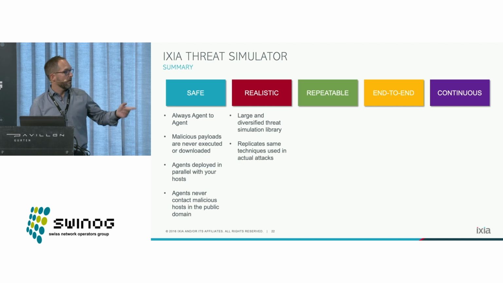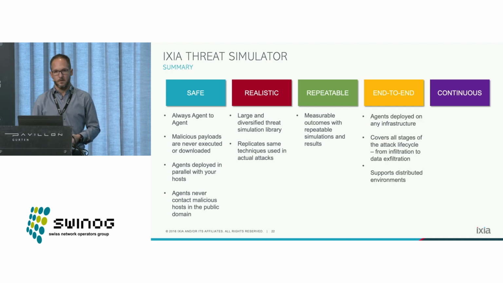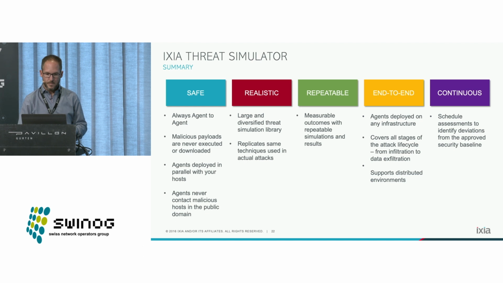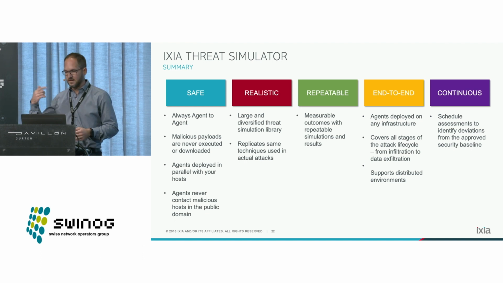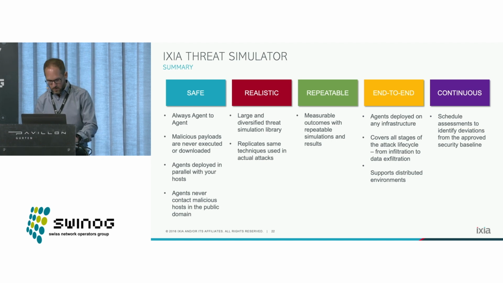The agents never contact malicious hosts in the public domain. It's realistic, it scales, it's repeatable, it's end-to-end because we run through the cyber kill chain. And it can run continuously, so you can also recognize drifts in the network. Yesterday you had a 70% prevention score, while today it's probably 65%. Okay, now let me